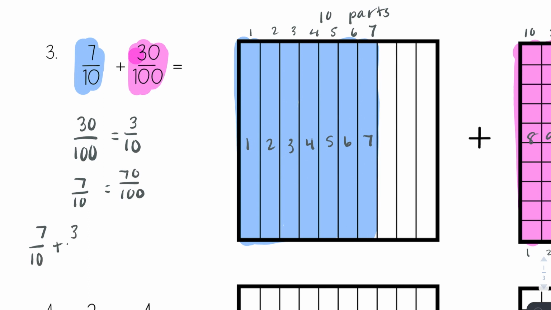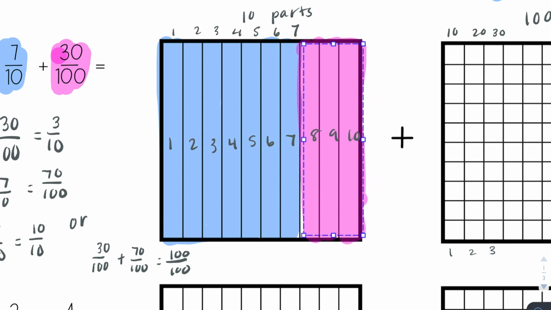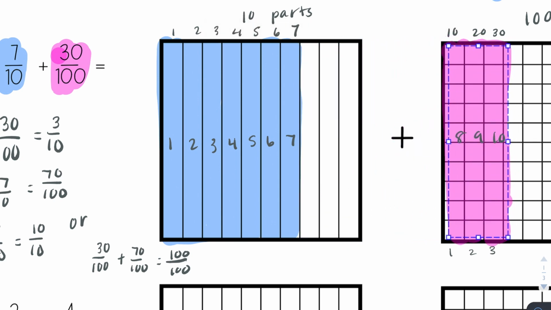So I have 7/10 plus 3/10, which is equal to 10/10 because I'm just adding my numerator. Or you could have done 70 100ths plus 30 100ths, which is what I'm doing here, to get 100 100ths, and I know both of those are equivalent to one whole. So here you're going to see me, I'm going to cut the 30 100ths, and I'm going to show you how that part overlaps. So it's equivalent to 3/10ths, and then when I combine those two numbers, I get